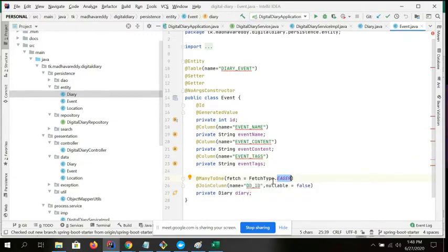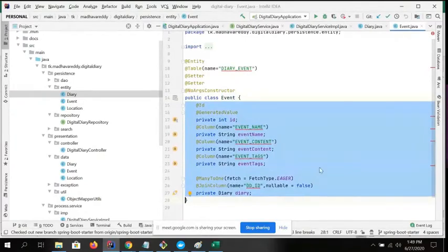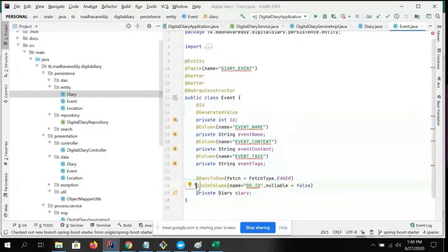Okay, I can explain what is the benefit of using lazy. Here I just want to make a simple relationship. I specified that I want to make this diary the master class and event the owner for this relationship. When you specify this join by column, that's it. There is no other point to make a relationship; just by using these two lines you can make a relationship.